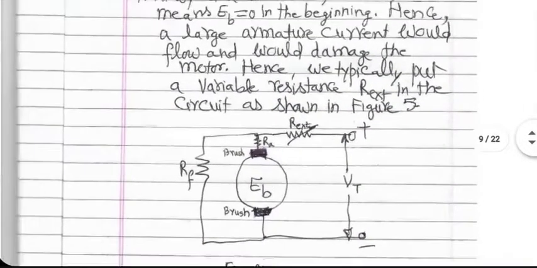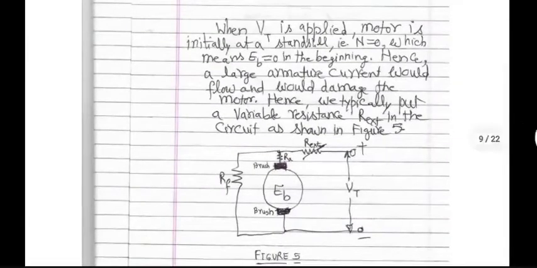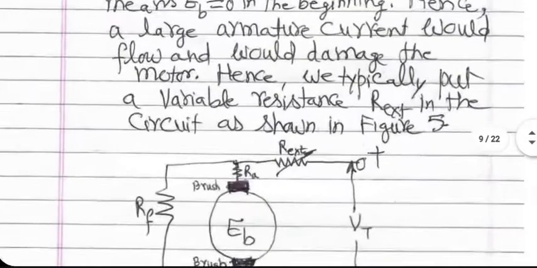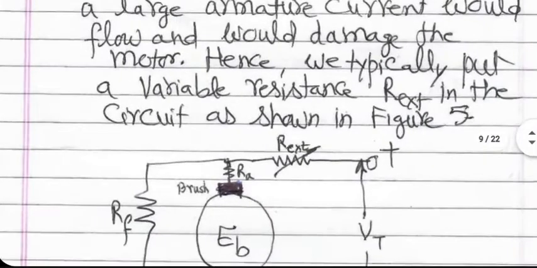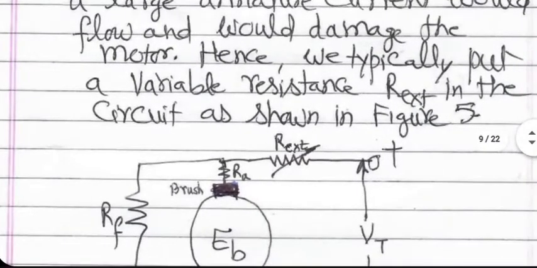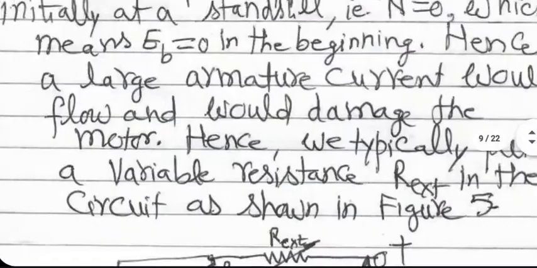This is a conceptual solution that comes to mind right away. You put a variable resistor between Vt and the armature. Let the value of this resistor be high enough in the beginning so that the total current going in will be low and safe. And as the motor starts picking speed, you start reducing the value of this variable resistor. When the motor has full speed, you almost make this external resistance 0. This is conceptually the starter.